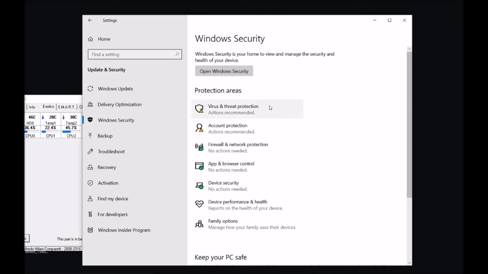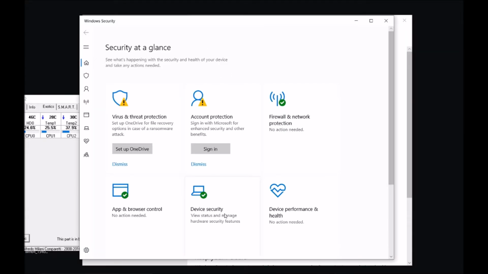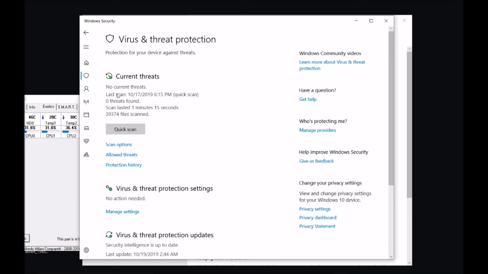It's giving us just general information on what's going on with this particular computer. We have several options here, but let's just click on open Windows security and gives us this new menu here. We have a few options here on the left side menu. This is the first page, virus protection. Let's just click not on the button, but on this area here. You may want to double click. My mouse is single click, but just double click to open this.